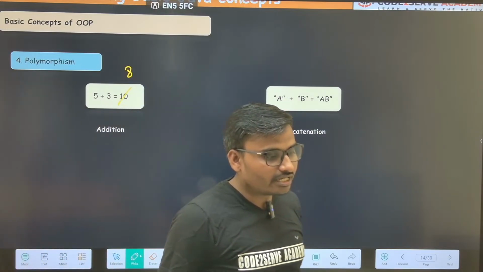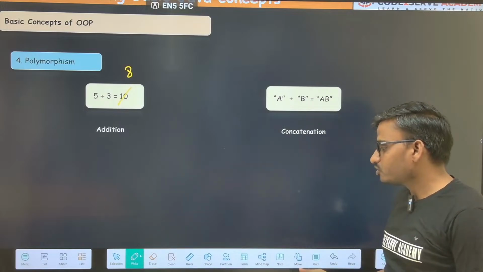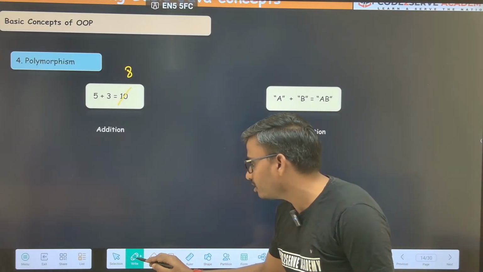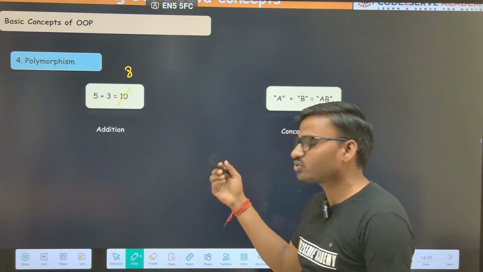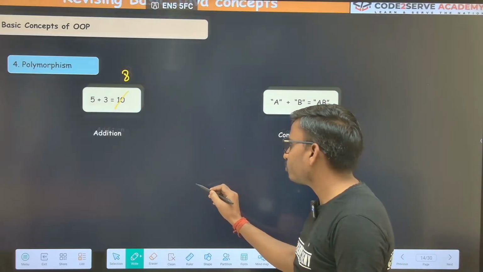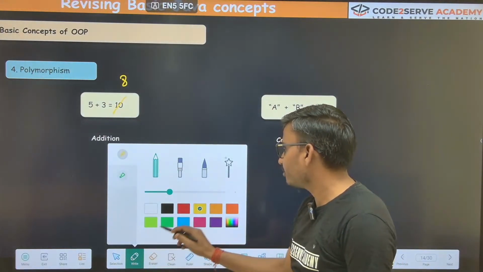You might have learned, whenever we write a string, for example, you might not have learned about a string, but I am showing you an example.